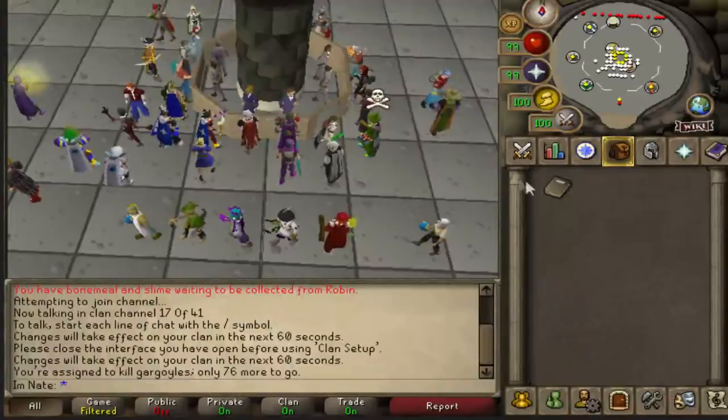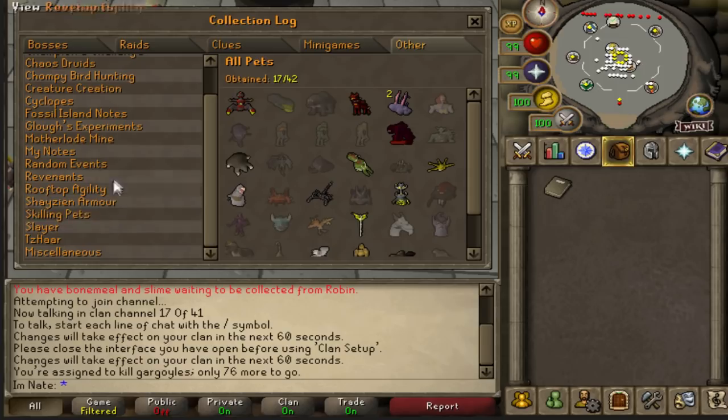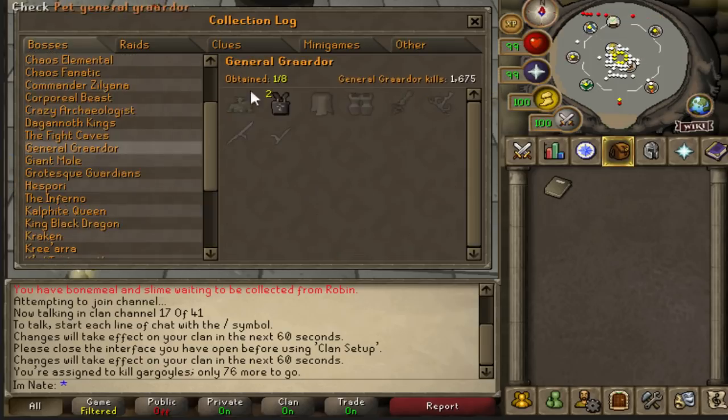Next up, I'm going to be turning my focus over to Godwars Dungeon. One of my goals at the end of last year for this year was to finish off the Godwars Dungeon collection log. So there are 4 bosses in the Godwars Dungeon. First up we have Graardor, which is the Bandos boss. Currently I only have the chest plates. Then we have